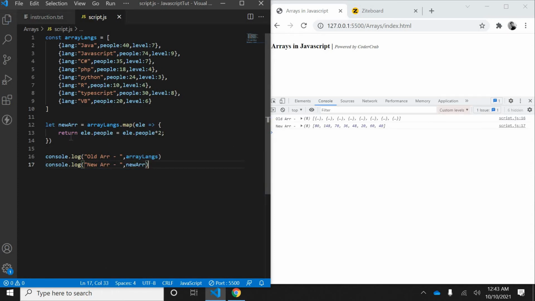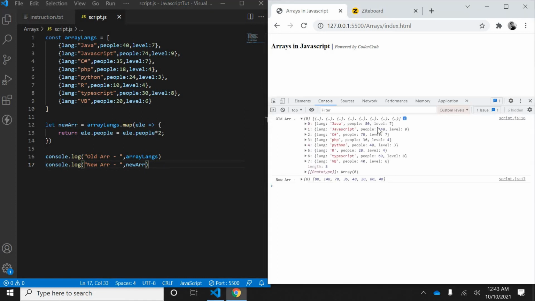Okay, let's see this. So the new array is having the value which we have manipulated. If you see, the old array was having these values, right, and the new one is having only the manipulated values. I am returning only people.